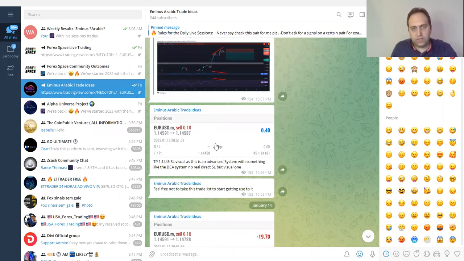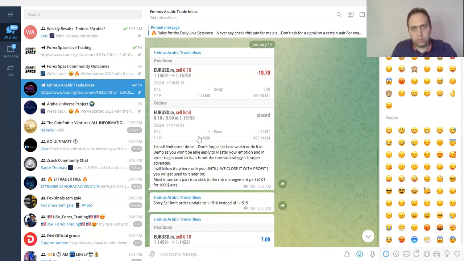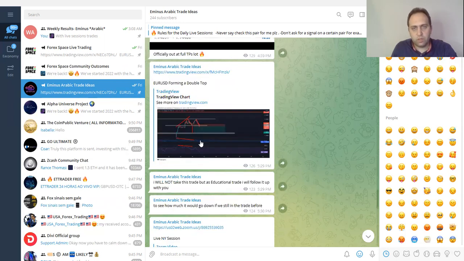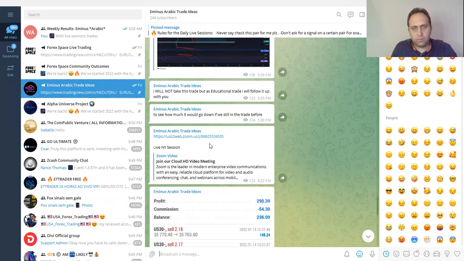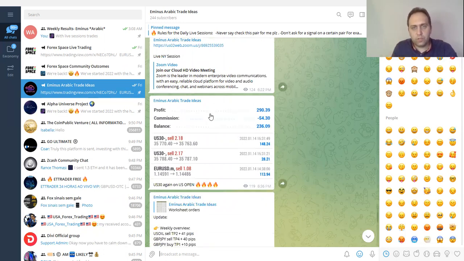In the advanced system, it's all divided. You can see it here, how we will put. And then we have the drawdown, and then we put a second order in case it goes down, and then it went down, and we start to make profit until we close this trade. And then we had a double top, and then we talked about the double top. I didn't take it, to be honest, but it was to show how much we can go